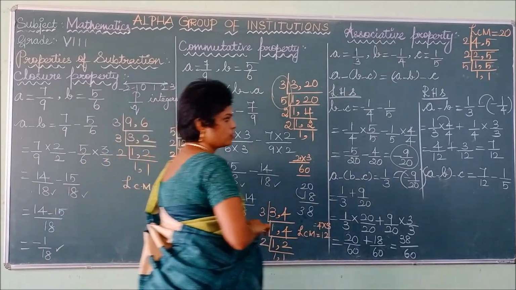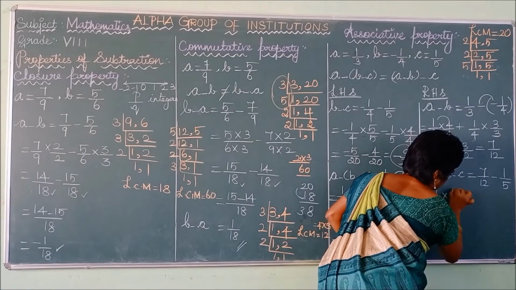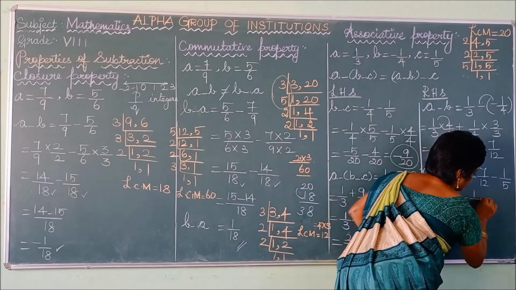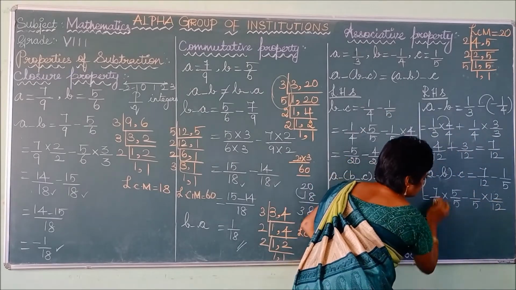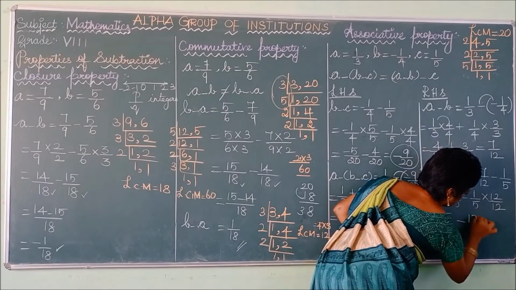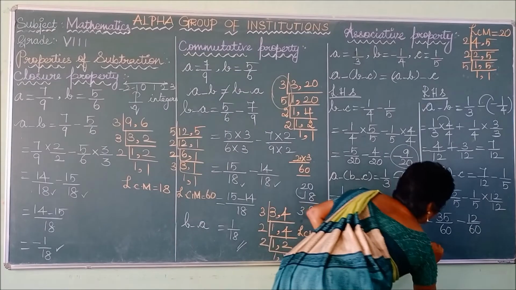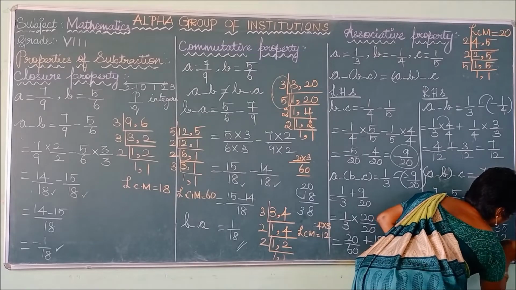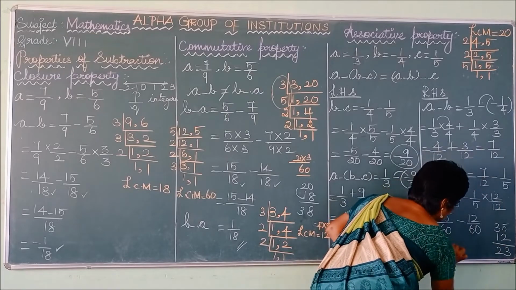So when this changes into 60, 7 by 12 into, if you multiply it with 5 only, it changes as 60. So in the same way, if you multiply it with that 12 only, it changes into 60. So 7 5s are 35 divided by 60 minus 1 12s are 12 divided by 60. So now both the denominators are same, you can subtract the numerator value. So put that 60 as common. What is the subtraction of 35 minus 12? 5 minus 2 is 3. 3 minus 1 is 2. So the answer is 23 by 60.